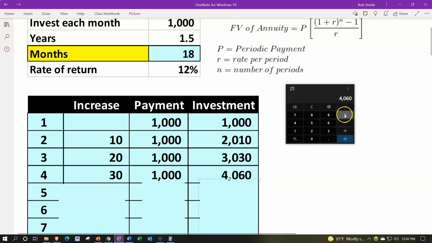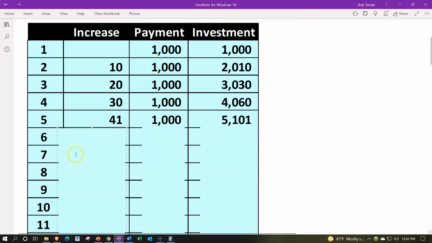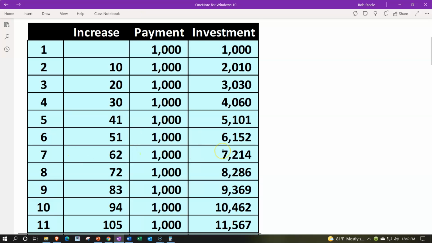One more time, 4,060 times 0.12 yearly rate. Then divide that by 12 to get the monthly amount, 40.6, about 41, which we can also calculate by taking the yearly 0.12, 12%, divided by 12 for the monthly rate of 1% times the 4,060, also about 41, plus the 1,000 we're going to put in at the end of period 5, which will then give us our ending amount, which is the 4,060 plus the 41 plus the 1,000, or 5,101. And if we continue that on for, what was it, 18 periods, months that we're talking here,